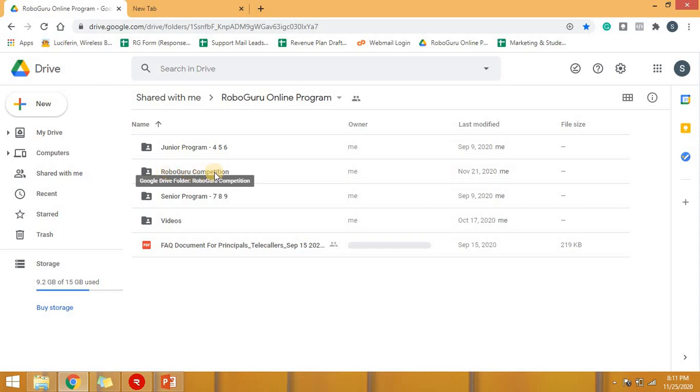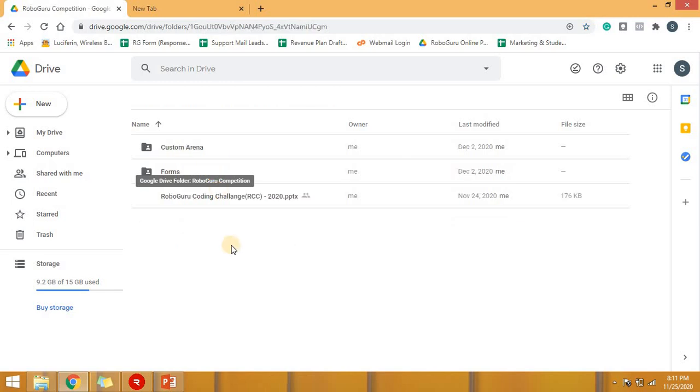It's called RoboGuru competition. If you open this folder, you will see that there are two further folders and a PPT. This PPT is the same PPT which I am using. You can get the links from here as well.